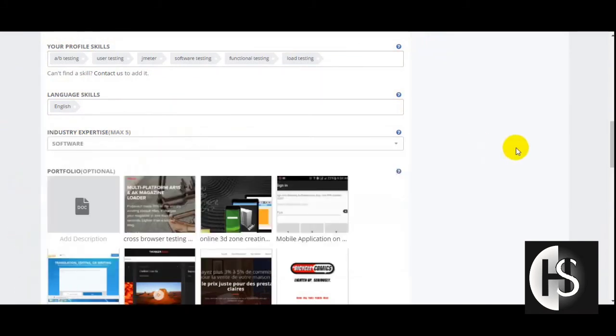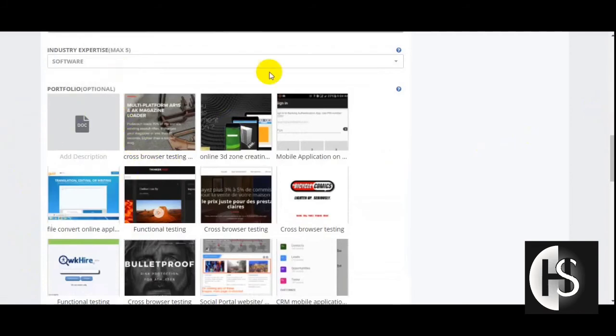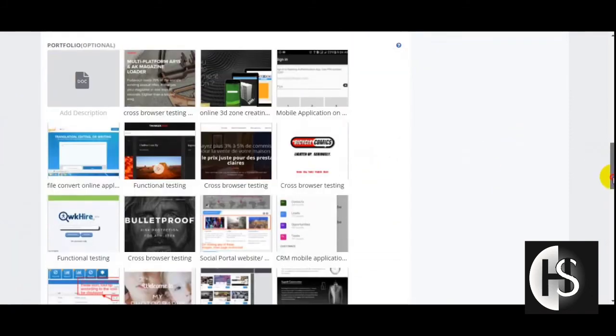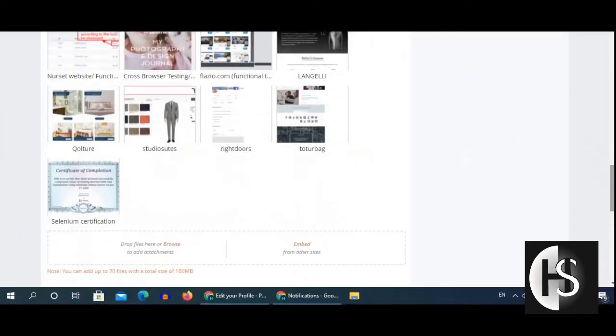Now the very important part is to add your portfolio here. You may upload any document here in which you have created your portfolio. You may also upload screenshots of your portfolio here. There are many free websites on which you may create your portfolio. Please create a very good portfolio which shows your experience and your work skills. From here you may upload any document in which you have created your portfolio. And from here you may give the link of your website.